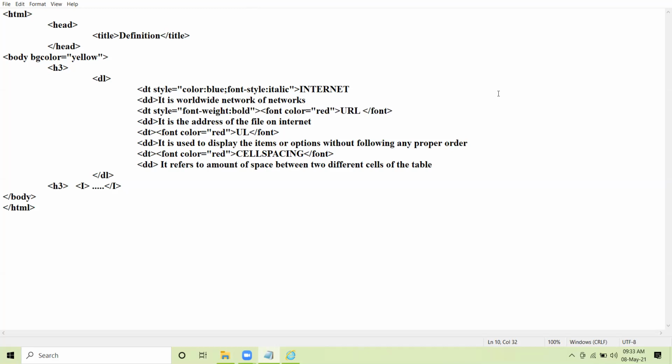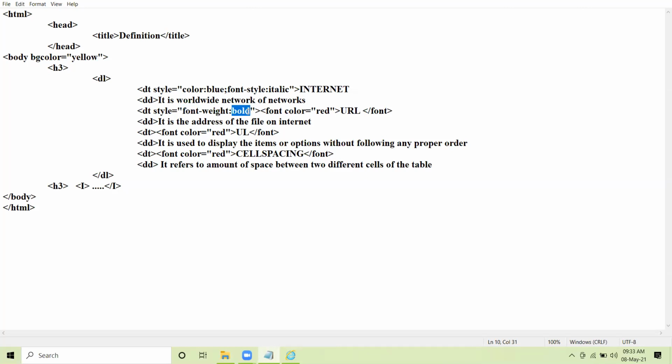If you want your data to appear in bold form, then you can use the property font-weight colon bold. The property name is font-weight and its value is bold.